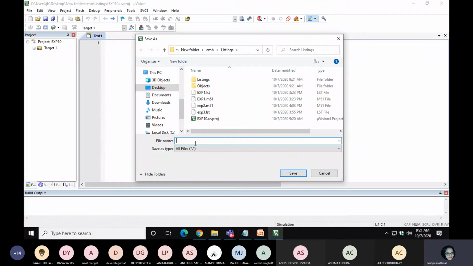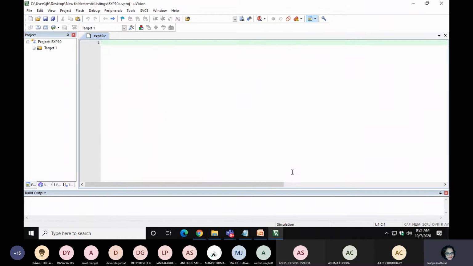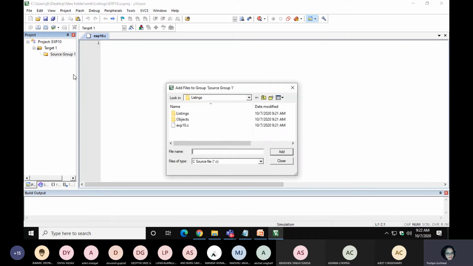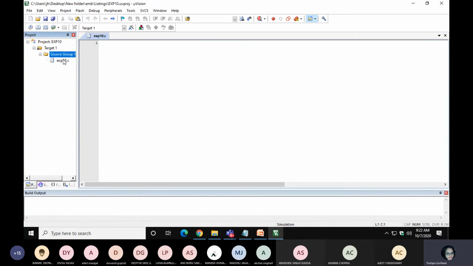Here you have to just find out if you wanted to write your code in C language or assembly. So right now I'm teaching you in C language. If you wanted to design a code in assembly, you have to give this extension .asm. If your code is in C, you will give extension .c. I'm just saving this file. I saved it. Now next step is I have to add this particular file to compile it. So I'm adding an existing file. This is this one, add and close. You can see my file is added. Now my file is ready to compile.